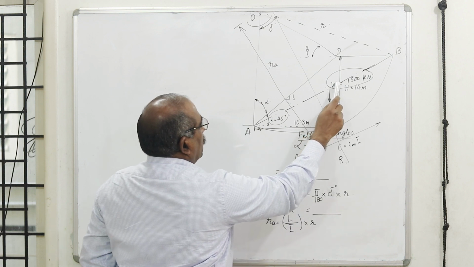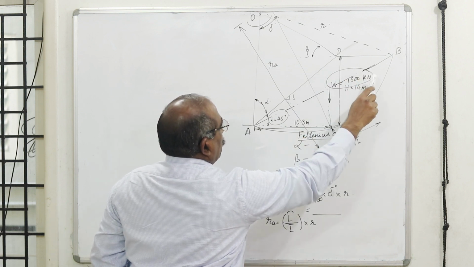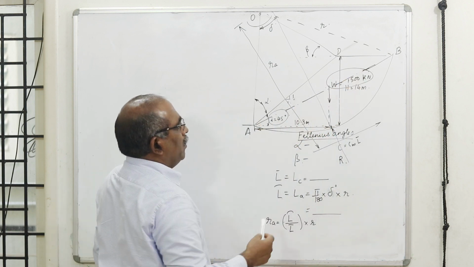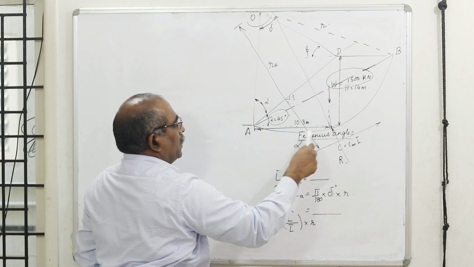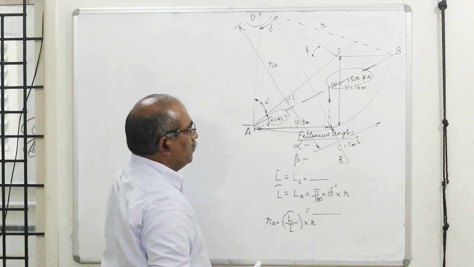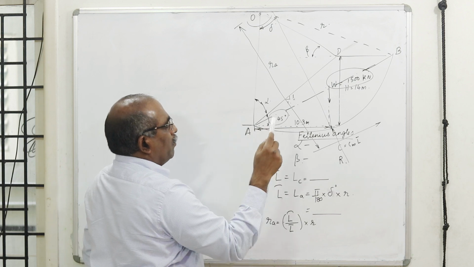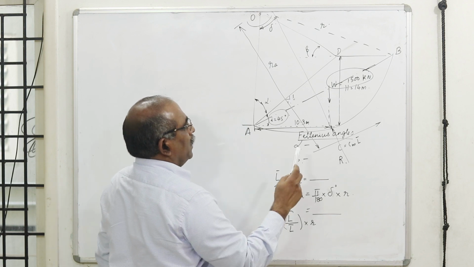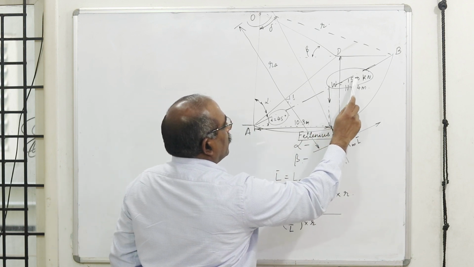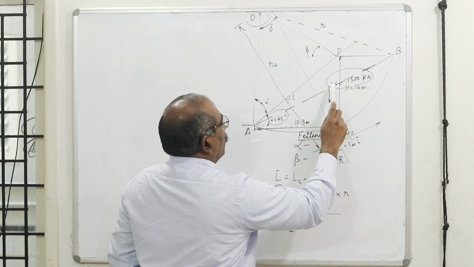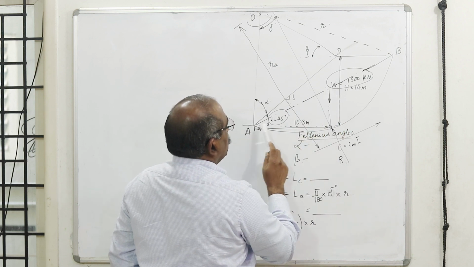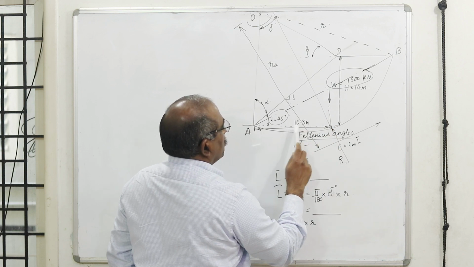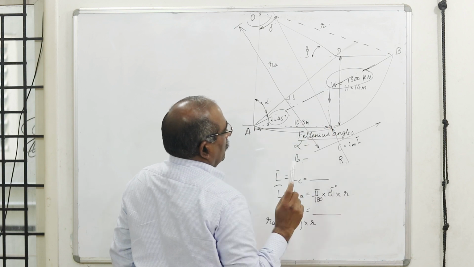Now, he has given the weight of this wedge. Otherwise, you can divide it into small slices, find the area of each individual slice, and find the sum of the areas of all the slices. You get the area of the total wedge, multiply by 1, multiply by the unit weight, you get your weight. To reduce your time and effort in the examination, they give you this information, that is the weight. He has also given the line of action of W. He is telling that from the toe it is acting at a distance of 10.3 meters. Draw this direction.